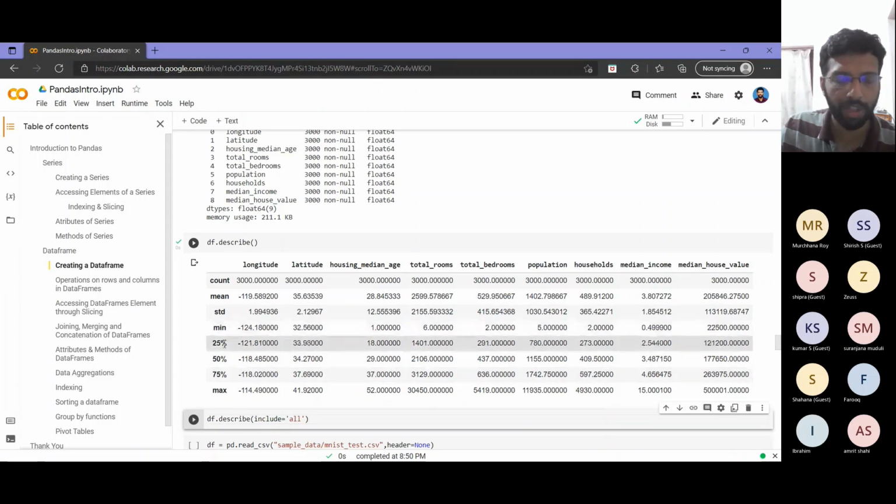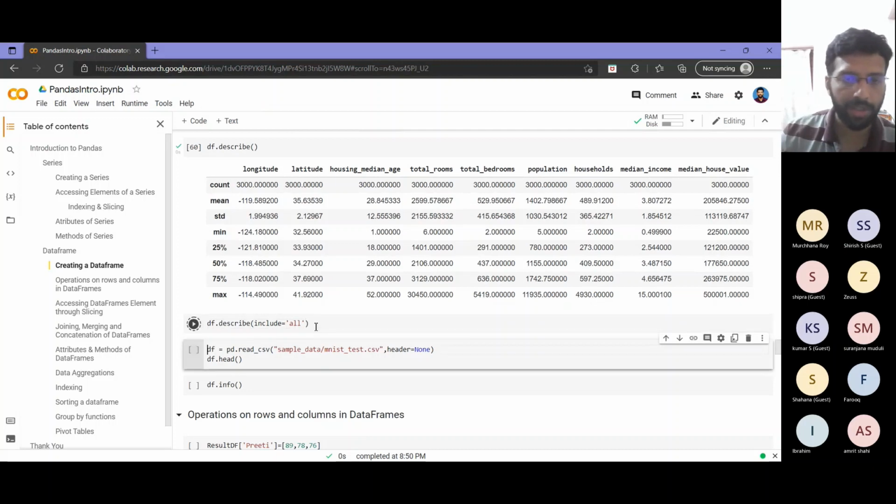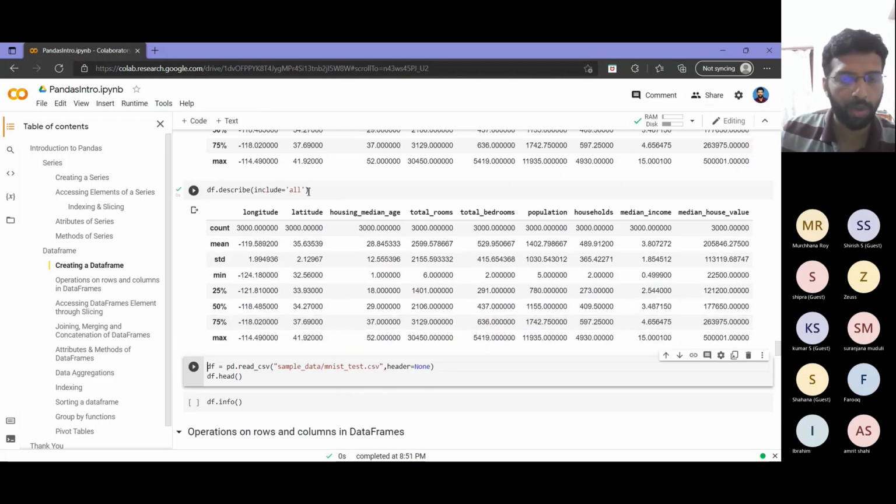These things we will go into more detail when we go to our applied probability and statistics, descriptive statistics with Python. That time I will go into more details on how to get each of these using proper code. Now we will just assume that we know these things. So 25%, 50%, 75%, maximum, all these are quartiles. All these will get printed corresponding to each of the numeric columns. And if you have non-numeric columns, you can use include equal to all or include equal to object. That will give you categorical values also in addition to this.